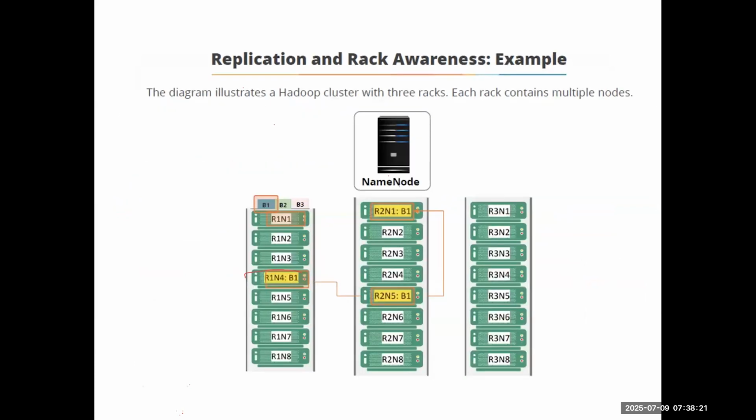And see, in this is the name node, right? Whenever the name node stores the replication, it will first try to store it in the same rack. This we call rack one, rack two, and rack three. Actually, in the data centers, you will have servers like this only. In the cloud also, like AWS and Azure, they have their data centers. So you can think they have servers like this. This we call the rack. So this is the first rack, second rack, third rack.